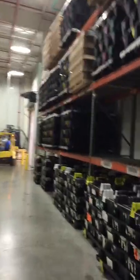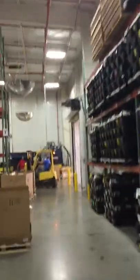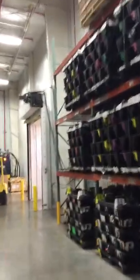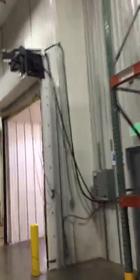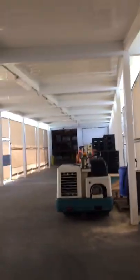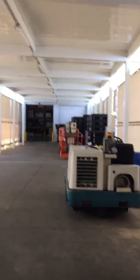man doors. These roll-up doors will be demoed out and thrown in the dumpster. They hate them. They want new doors. They don't like these. But it'll be the same thing. It'll be automatic roll-up doors to connect to Nova. Only instead of being 60 feet away, it'll be 40 feet away, because this will expand out 20 feet and